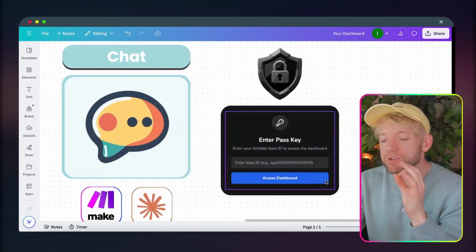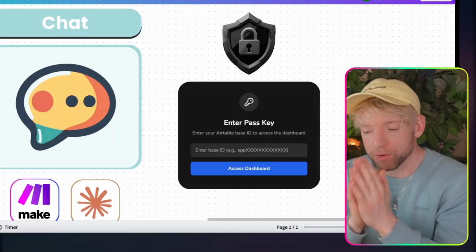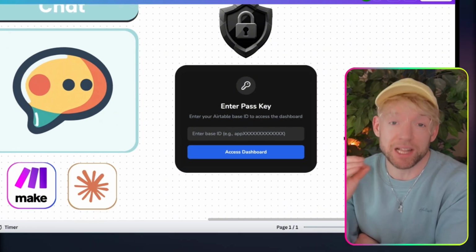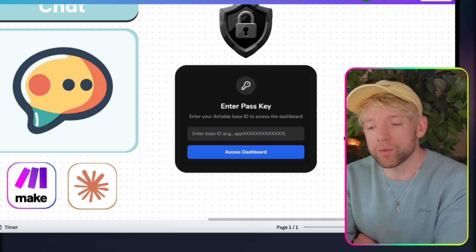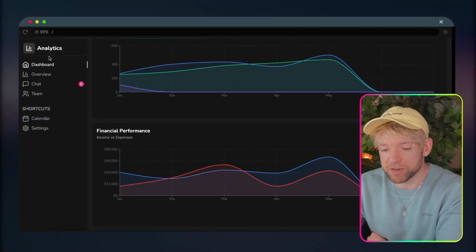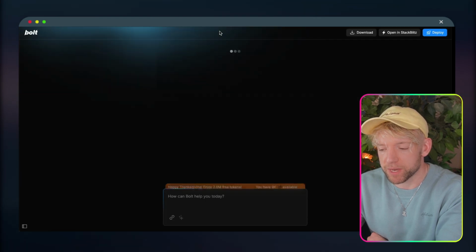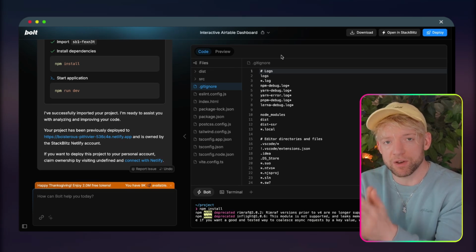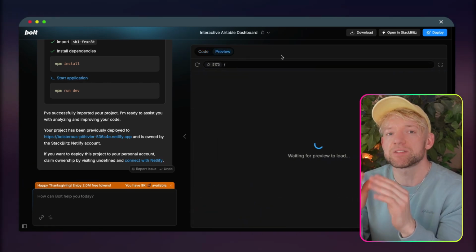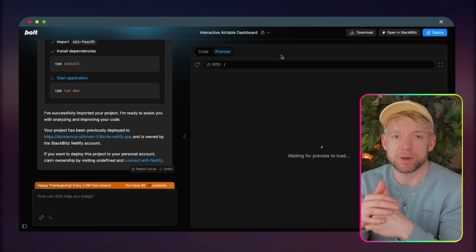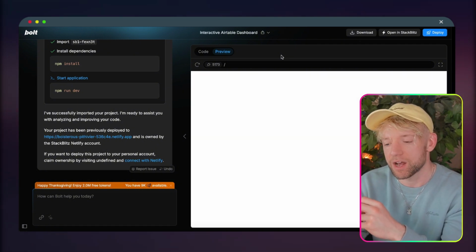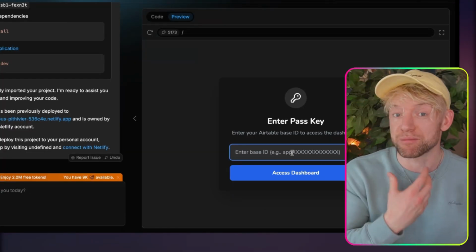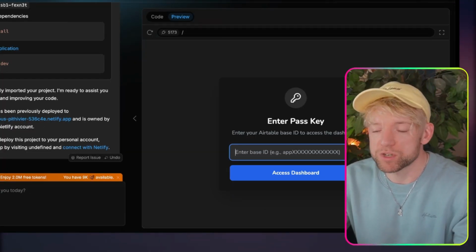And finally, just to keep this really simple, because I wanted to make this as simple as possible, what we're going to do is add passkey functionality into it. So we're going to give an ID to every client. And what we're going to do in Bolt.New when we develop this, and you can even see here, for example, if I refresh this page as a quick instance, while this all loads up, what's going to happen is every time a client comes to log in or lands on the page, they have to enter a unique ID, which we give per client, which basically means that other clients aren't going to be able to access the ones that we want. So as this loads up, you'll see, enter your passkey. They need to enter the appropriate passkey to get the data for them,